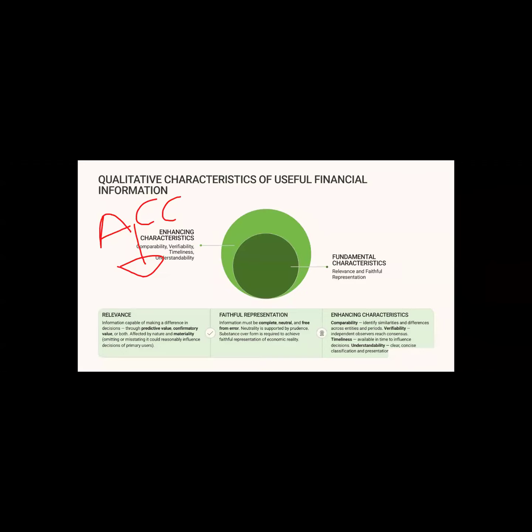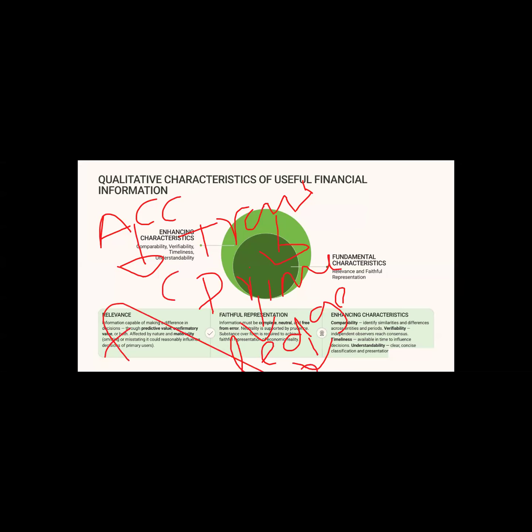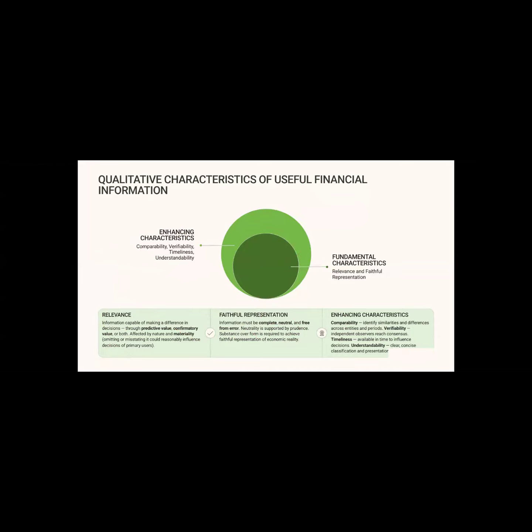At the beginning, the transactions happen, right? Once the transactions happen, we record them in the prime entry books. Then we convert them into the ledger accounts, and after that we prepare the trial balance. From that, we prepare the financial statements. Using these financial statements, we give information to our stakeholders. So the major objective of financial accounting is to provide information.